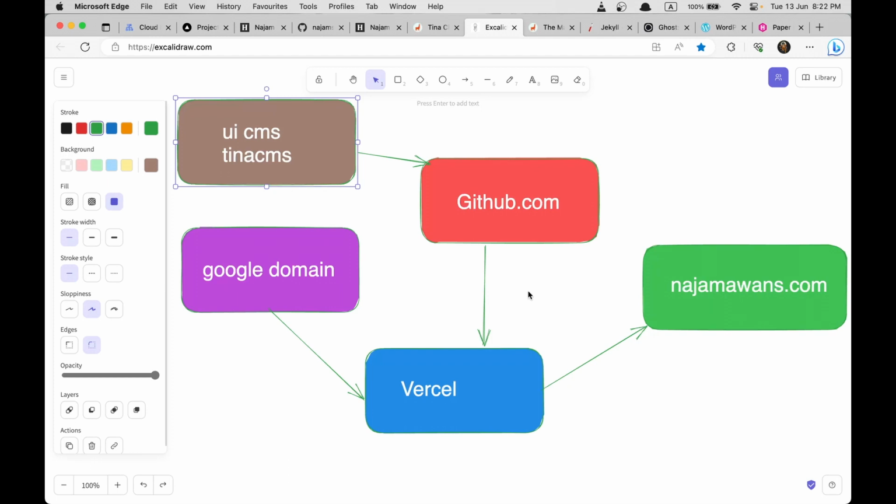Any branch you supply to Vercel, it will start monitoring. And once changes are pulled from GitHub, Vercel will start a new build and deploy,